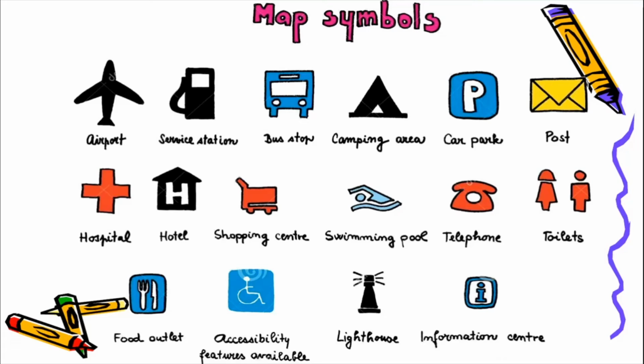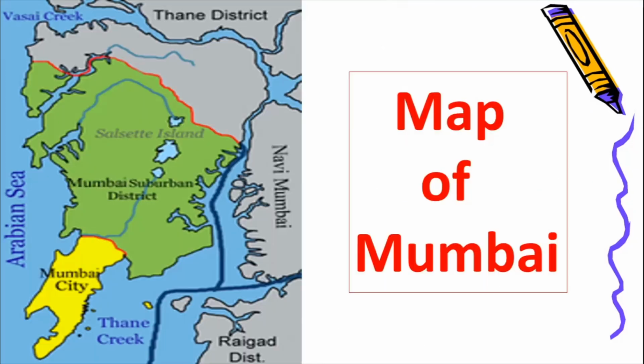All right, children, so these are the symbols which you might be able to find on a map, and they're called map symbols. And on the map, the place where all these symbols come together is called the key of the map. So these are small things. Once you understand them, and as you grow up, it will be easier for you to understand and read maps. Moving on, we will look at many maps now.